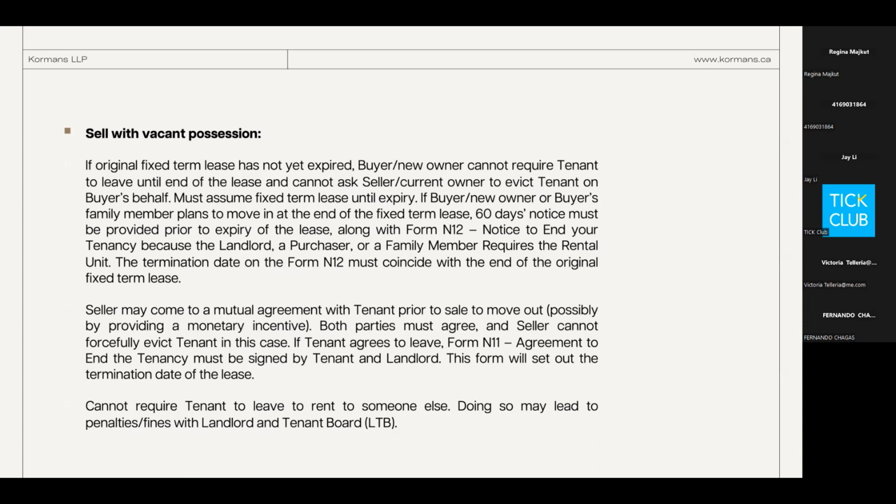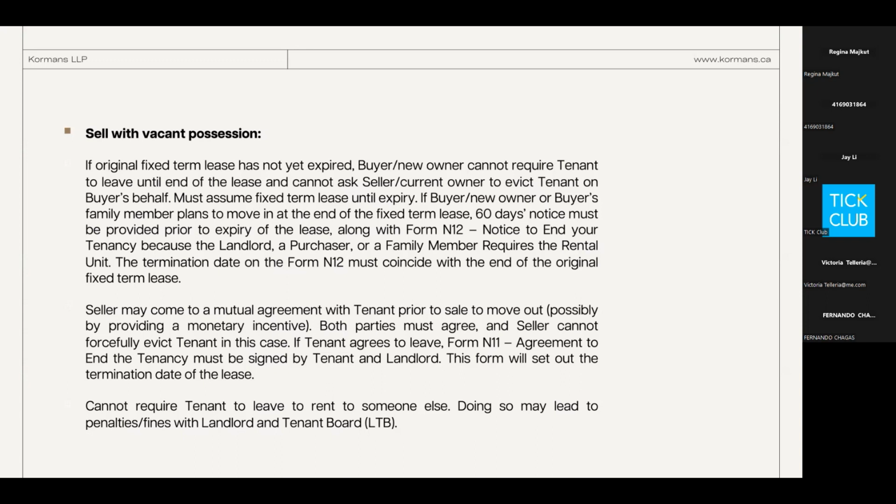And if there is an agreement, then there's a form to be completed, the N11 form, which is an agreement to end the tenancy. And it's going to have to be signed by the tenant and the landlord. And that'll set out that the parties agreed that the tenant will leave on May 31st, if that's what it says. Okay. Now, if that's what it says, and then the tenant doesn't leave on May 31st, the landlord has the